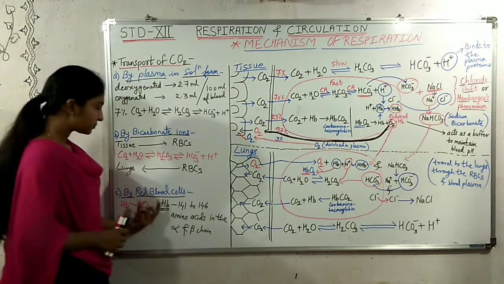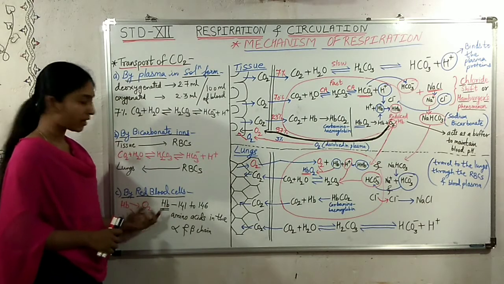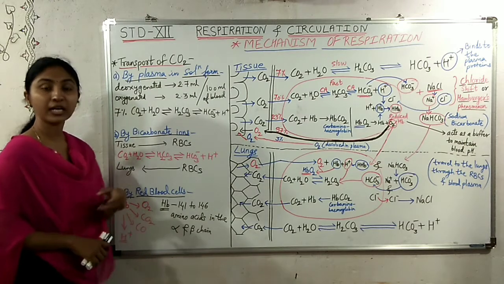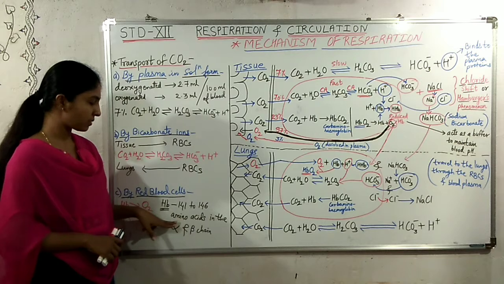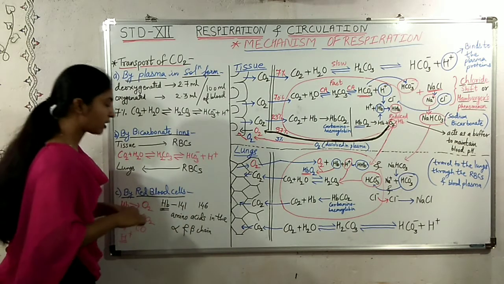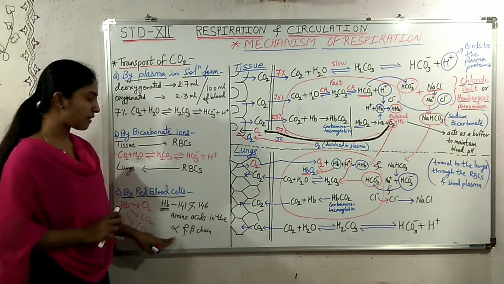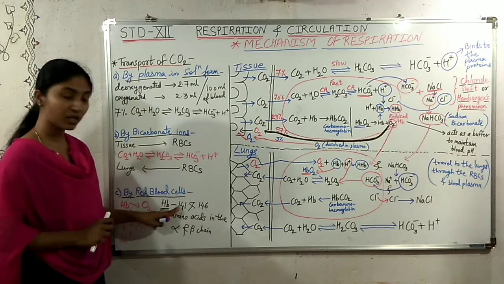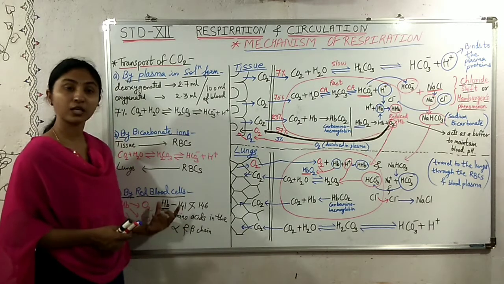And in the third step, transport of carbon dioxide by the red blood cells. Now here, as we know, hemoglobin contains amino acids in it. About 141 to 146 amino acids are there. 141 and 146 amino acids are there in the alpha and beta chain of hemoglobin respectively. In the alpha chain there are 141, in the beta chain there are 146. So amino acids are present in the hemoglobin.